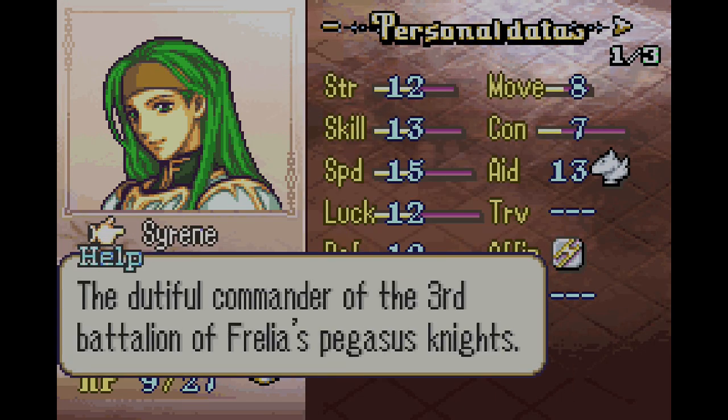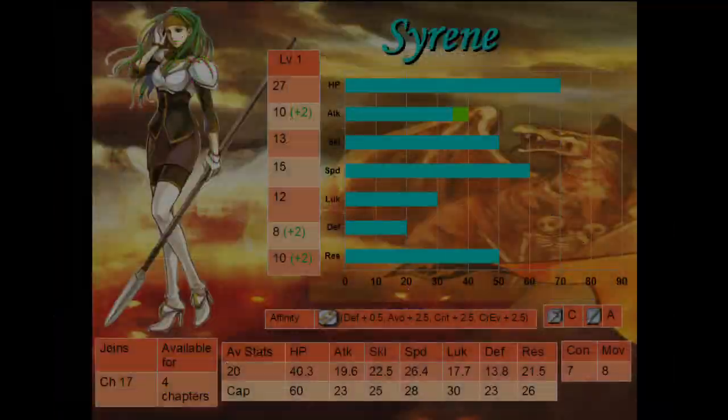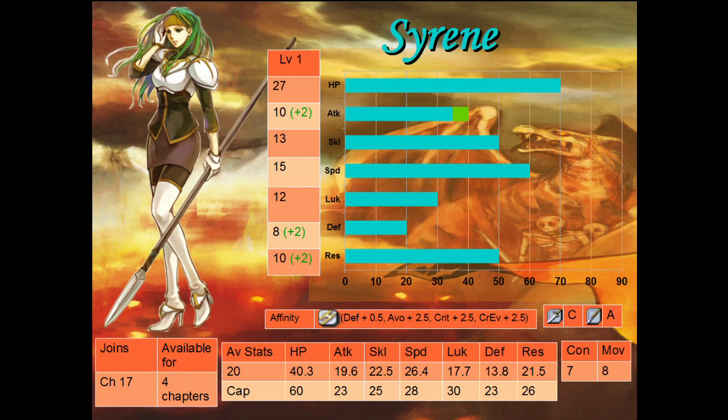So, this is Cyrene. Cyrene joins very late. So late, in fact, that she is the last playable character to join during the main story. She's a level 1 pre-promoted Falcon Knight with relatively decent but not amazing base stats for her level. And alright growths all around too, besides defense and having kinda low luck for a Pegasus Knight. She also has 1 more point of con than a Falcon Knight Vanessa or Tana would have. And if she joined earlier in the game, she'd probably be very good, but the issue is...